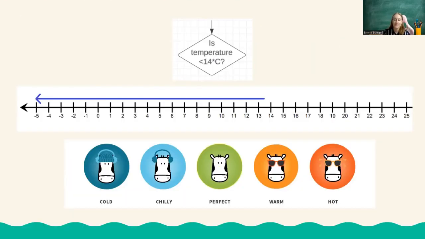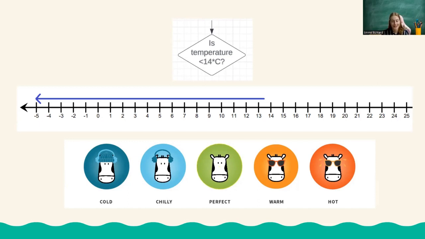But what if we wanted to be more specific and have multiple temperature feelings? We could group small ranges of temperatures into categories and give them descriptions like cold, chilly, perfect, warm, hot. For this, we would need to decide what numbers we would group together. For this group, the cold group, I have said that below 14 degrees Celsius is cold. So if we look at the number line, all of the numbers from 14 are cold. Note that because we are using the less than sign, the number 14 itself is not included,